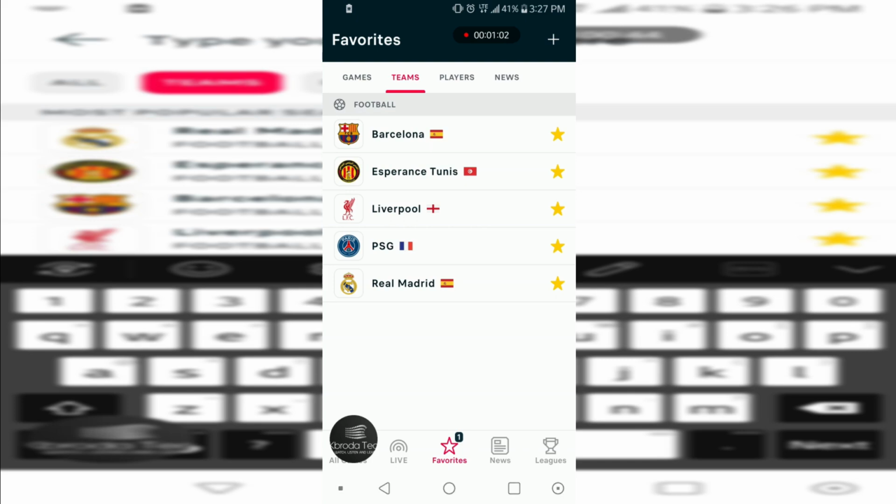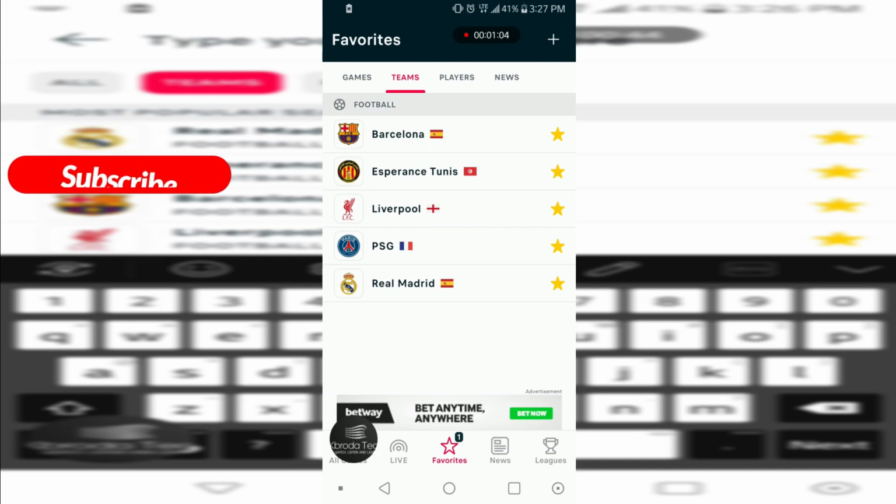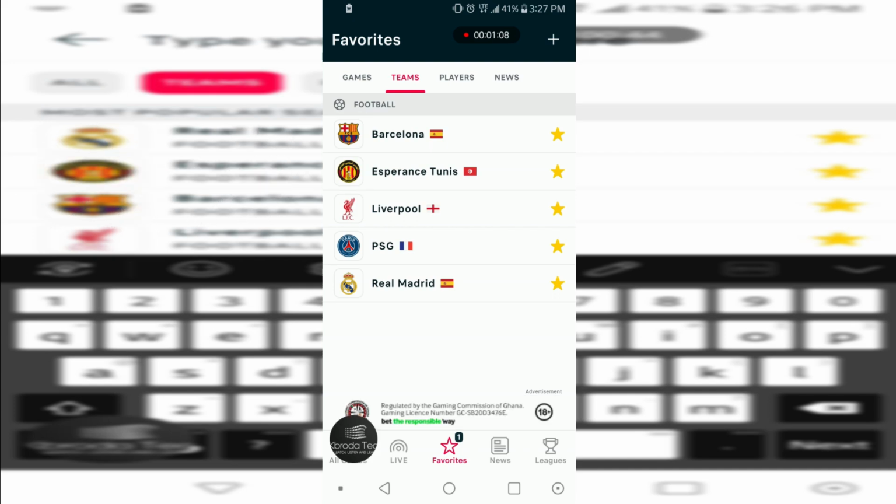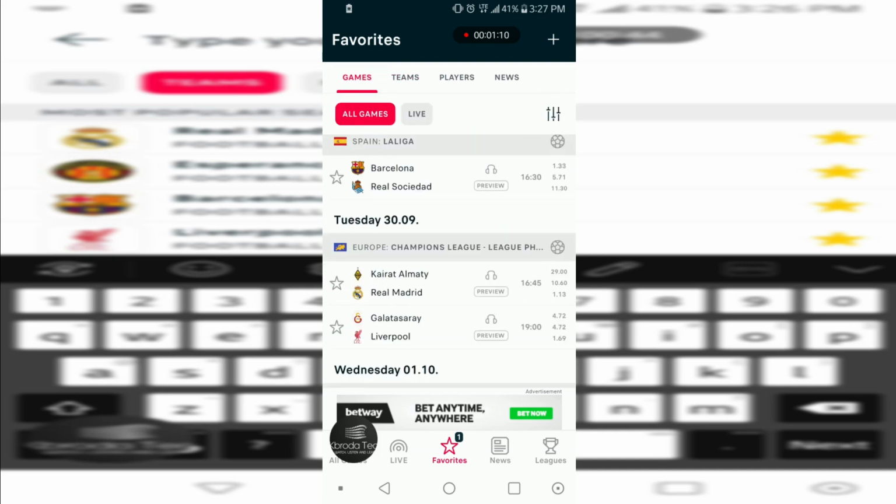So in this case, you'll be getting notifications from them anytime they do something. They get a card, they score a goal, they give an assist. For the teams too, you are going to get same matches and all that. You can see the game section here. Since I follow Madrid, I'm getting their upcoming matches and then the matches that will be played today, which is Barcelona live. So that's it on how you follow